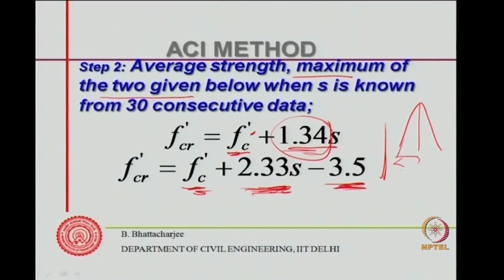This is again with certain confidence limit. So, whichever gives you higher, you choose that, or you choose from the table that is given simply in terms of FC dash plus some value. So, that is how you choose your average strength, and then go to the table and find out